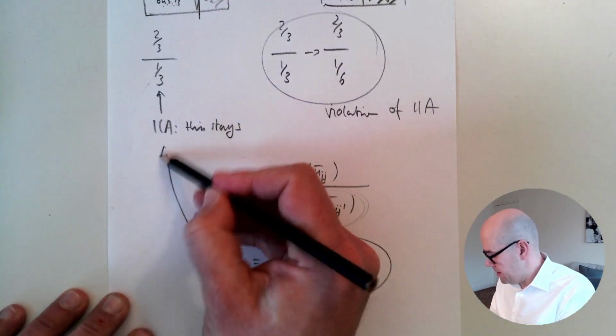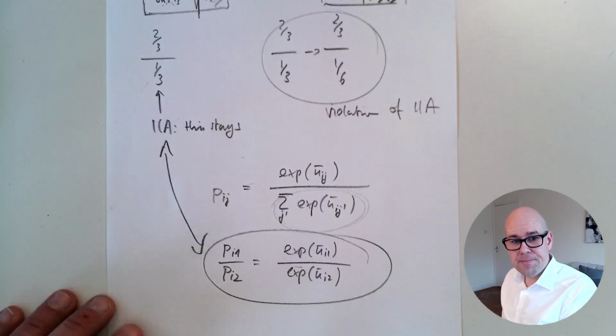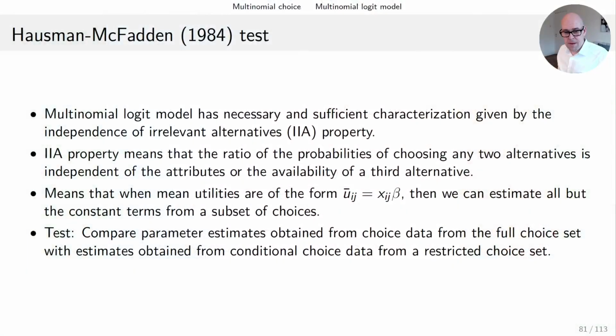Okay, and this is exactly the IIA property that McFadden talked about. Now let's get back to this test. So the second bullet point